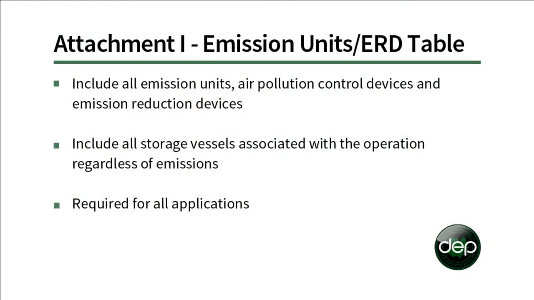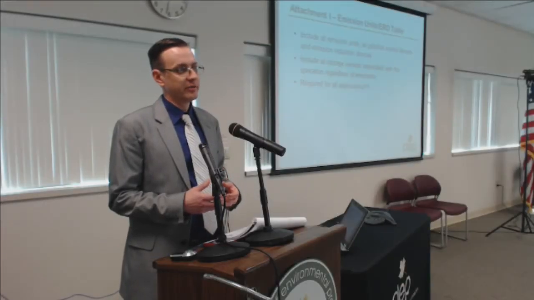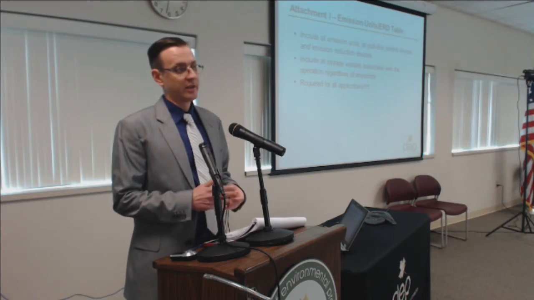So attachment I talks about the emission units or emission reduction devices and air pollution control devices that you are going to have at your facility. I want to be clear that you need to include all of your storage vessel information. When you look at the storage vessel section, essentially what it's dealing with is storage vessels that are going to hold condensate or produced water, things that are going to have